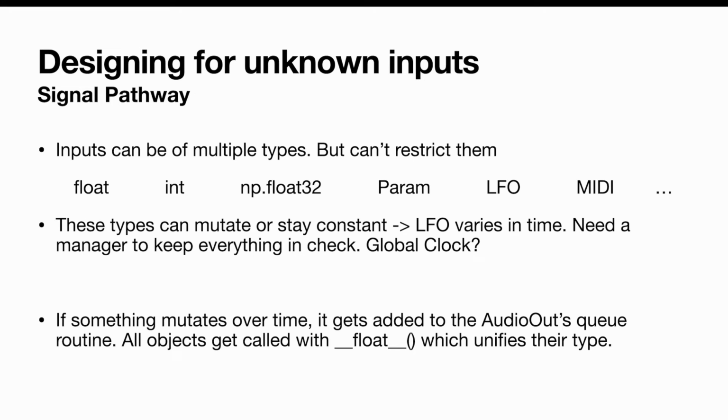One challenge has been designing for unknown inputs. Inputs can have multiple types, and we don't want to restrict them, and these types might be things that mutate over time, so we need some way to keep track of changing parameters. This all happens in the audio out's queue routine, where it is smart enough to know whether an object mutates or not, and know at what rate to update it so that it updates fast enough but does not slow